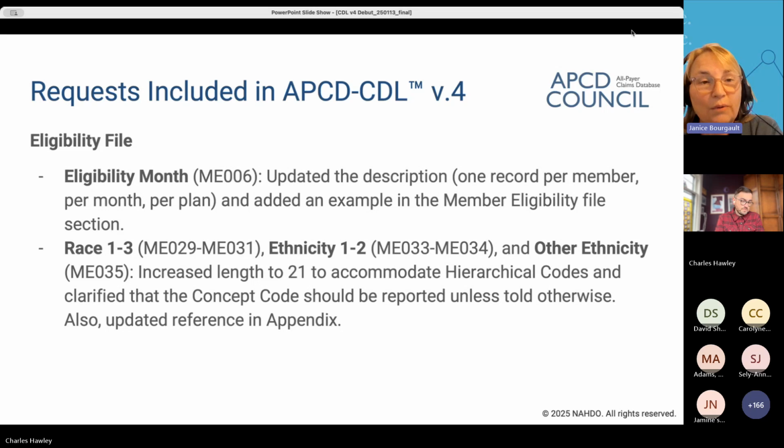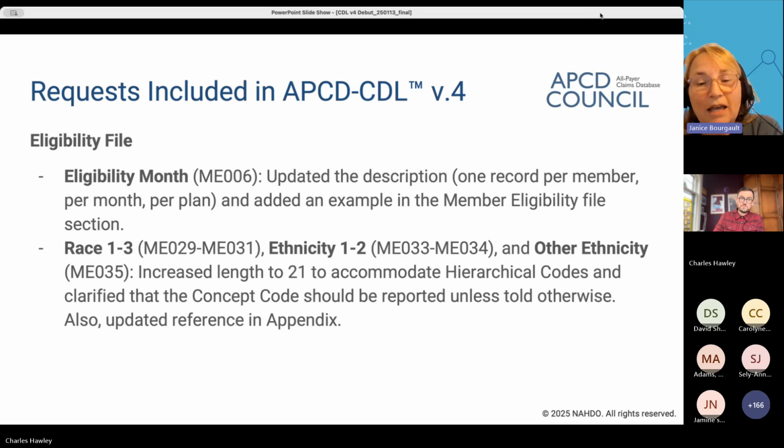One, to make sure all records are reported. So if a member has two plans with an insurer, for example, a child covered under each parent's plan, and they both happen to have coverage from the same payer, then both of those records for that child would be reported. But also to provide guidance for other changes that would not trigger duplicate records.